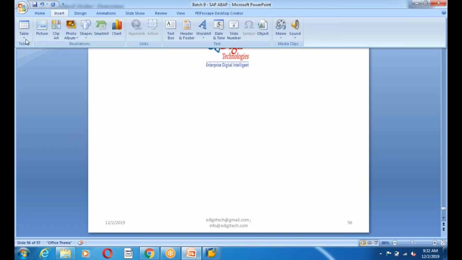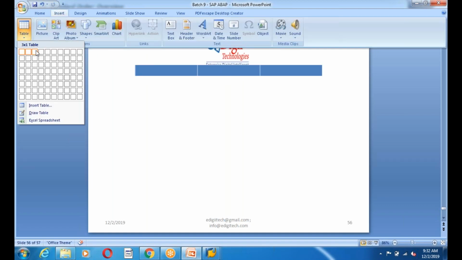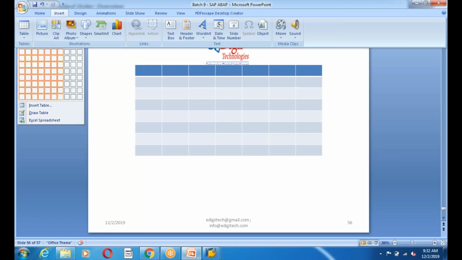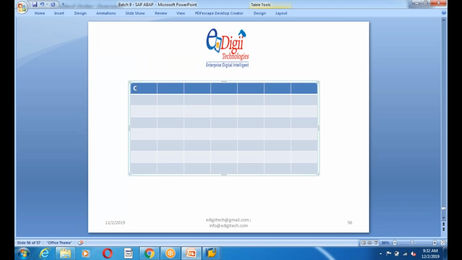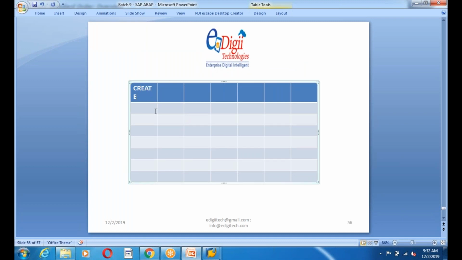Create, change, display transaction codes, and master table, company code table, and bank table. Customer bank details should be there, right? Whenever you log in to Amazon, you are going to sign up with the credit card, with the bank accounts and all, right? The bank data, company code data, sales org data, these are all the database tables which we are going to use, guys. So it's my master data.